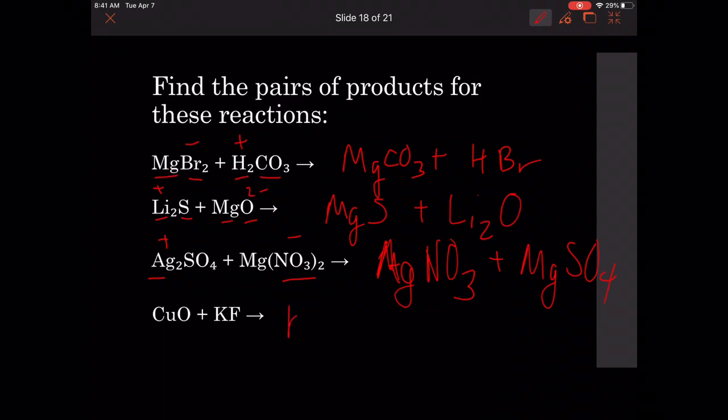And then here, K pairs with O. K is a +1 charge, so we'll put a K2O on there. And copper, which is a 2 charge, we'll get 2 fluorines with it. So you're basically pairing